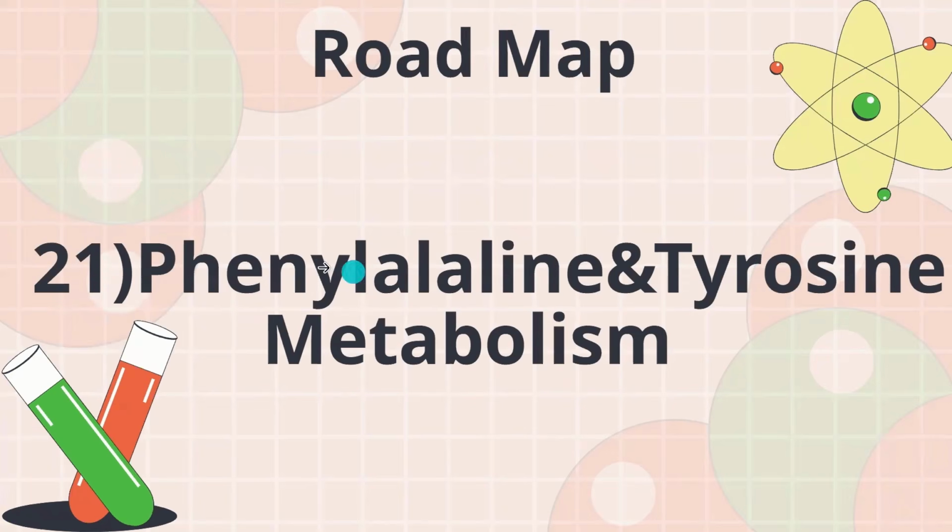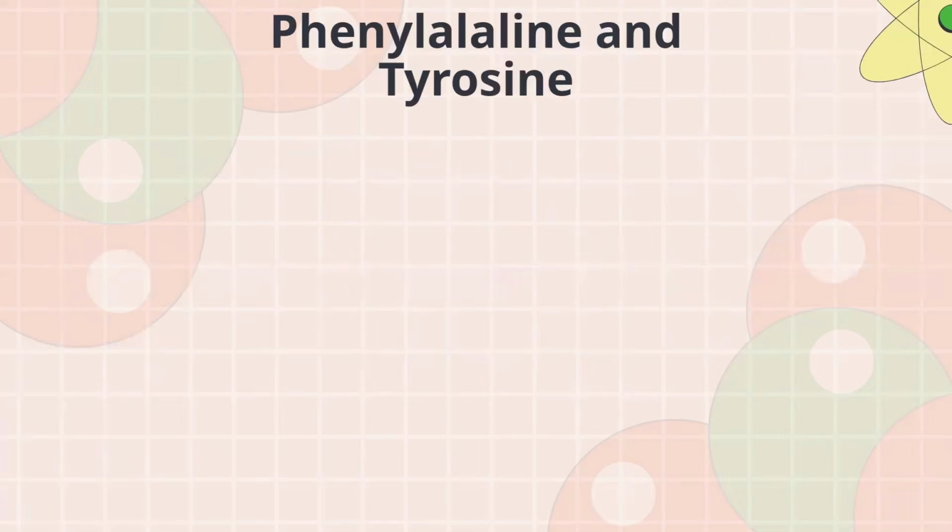And now let's talk about this. As I told you guys, this lecture builds on the last lecture, but now it's going to cover it in more detail and with more clinical scenarios. So let's begin. Phenylalanine and tyrosine are very important because they contribute to the formation of fumarate and acetate. Please don't forget these. They contribute to the Krebs cycle.